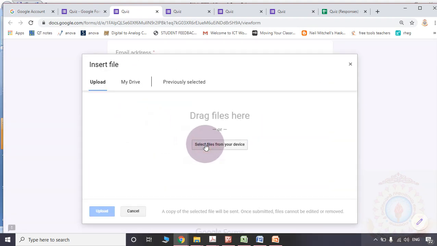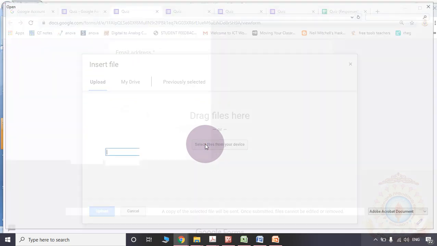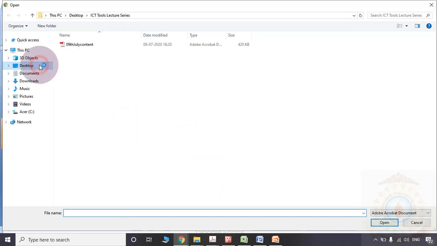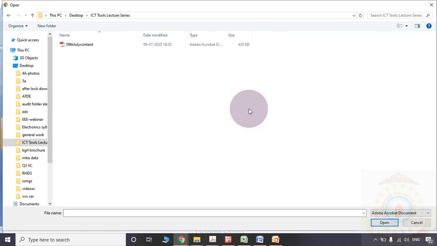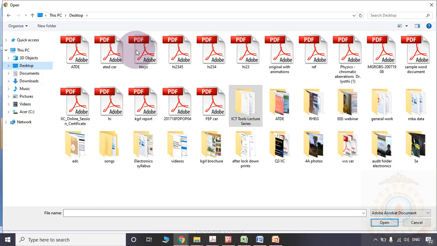Add file. I am clicking here. I want to choose from my device. So please observe here. I am selecting desktop.